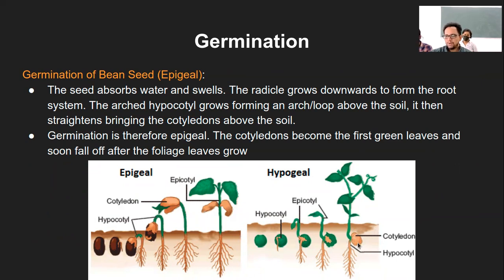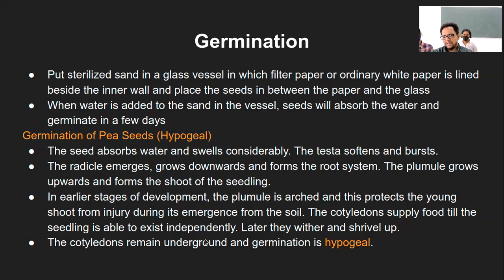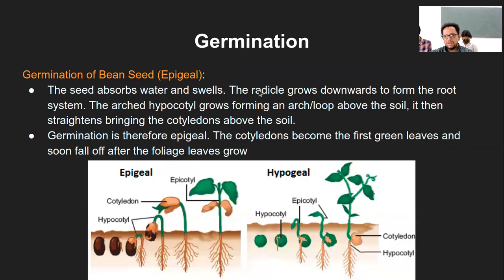The seed germination process remains the same. The seed will absorb water, the testa will break open, the radicle will grow as root, the plumule will go as leaf, and then it will grow further into a new plant, and that germination is hypogeal. Similarly, there is epigeal. Again, you go the same way. For epigeal, the seed will absorb water, the radicle will grow, the shoot will grow, and so on. And then the cotyledons will also come out, and the example here is the bean seed, right? So I don't have to explain the same things again and again. I assume the things are clear.